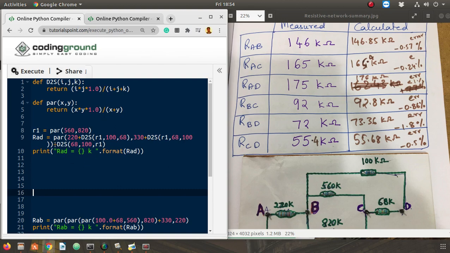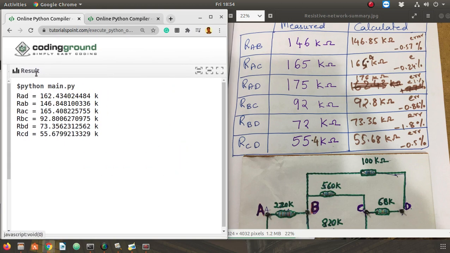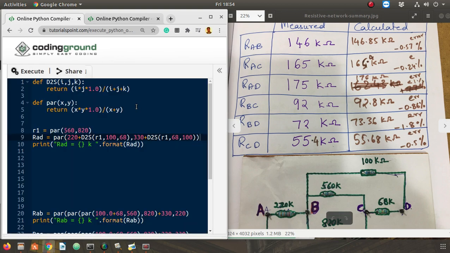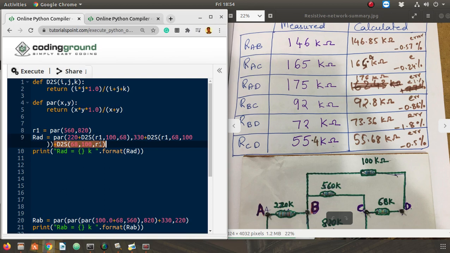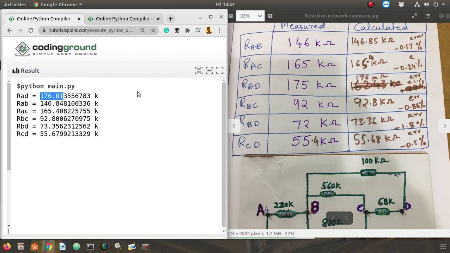See, if I had forgotten this last step, see, I delete this step actually. This last addition step I delete. Now if I execute, I'll get RAD as 162.43. That was the 162.43 exactly. That's what I mistakenly calculated earlier because I missed that step. Okay. Now if I go back and say undo, hopefully the eliminated step came back, and now if I execute, again I'll get the correct value.